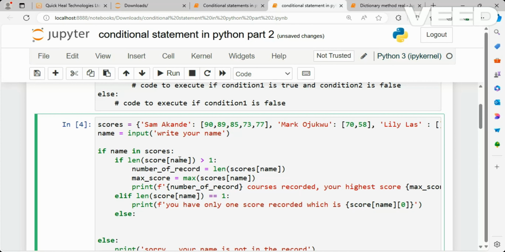That is, if the score is greater than 1, if it is equal to 1, then if it is not equal to 1 and it is not greater than 1, automatically there is nothing inside that list. It's going to be 0. So hence we are going to tell the student that